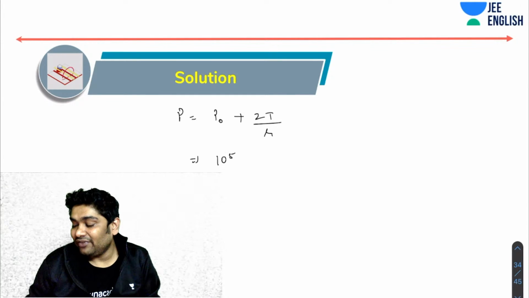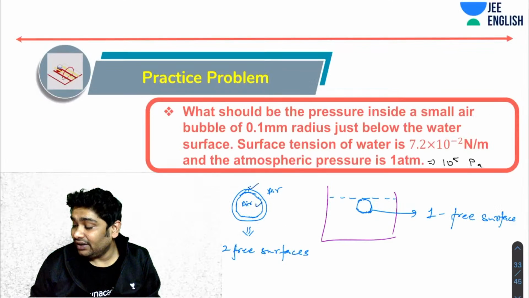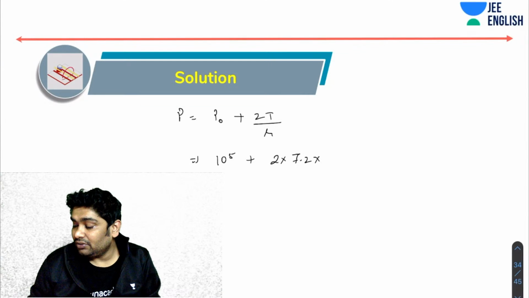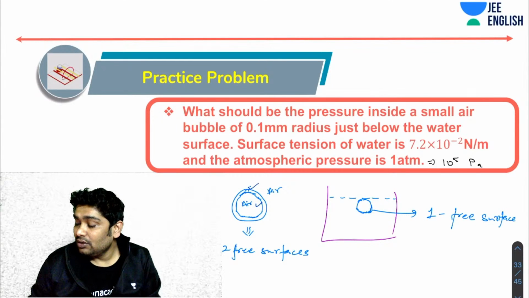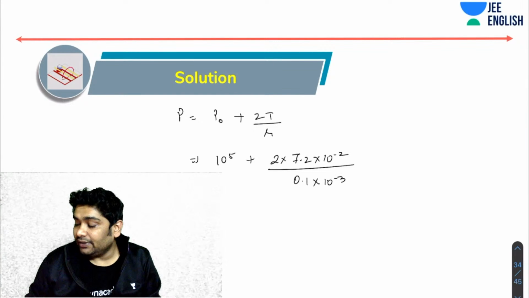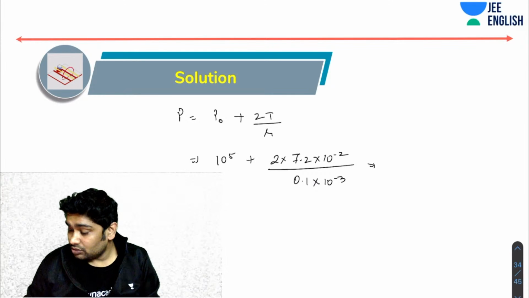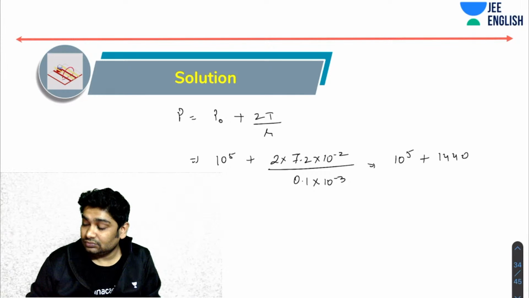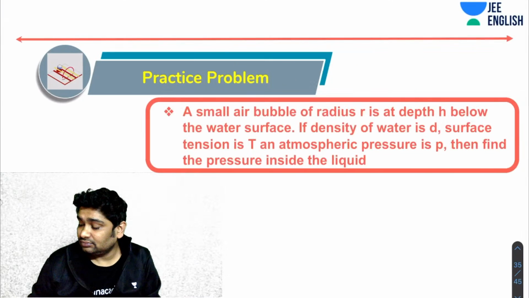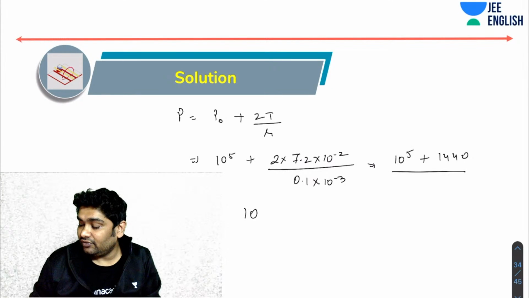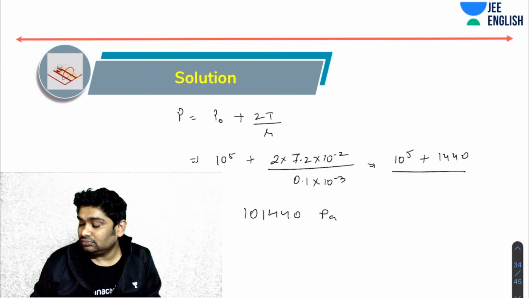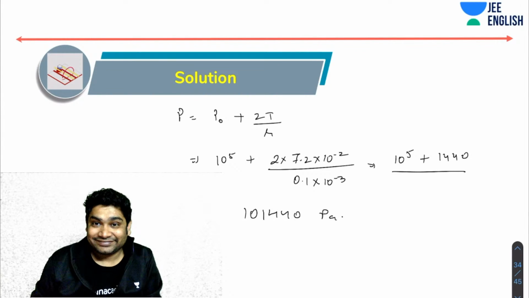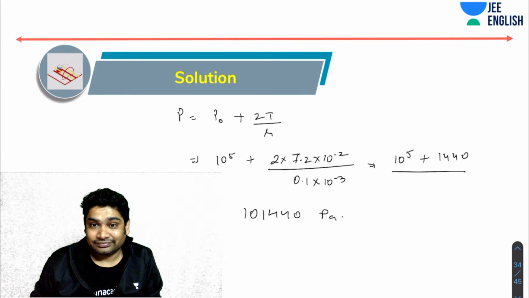P0 आपका रफली 10⁵ है, प्लस 2 × T आपका हो गया 7.2 इंटू 10⁻² ओवर R जो हो गया आपका 0.1 इंटू 10⁻³। ये हो गया आपका 10⁵ प्लस 1440। ये आंसर हो जाएगा आपका 101,440 पास्कल। ठीक है भाई, ये आंसर हो जाएगा। यस एग्जैक्टली।